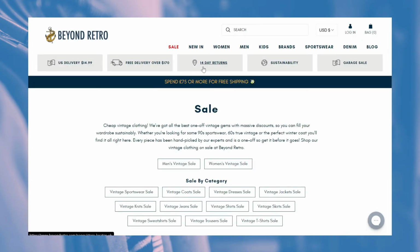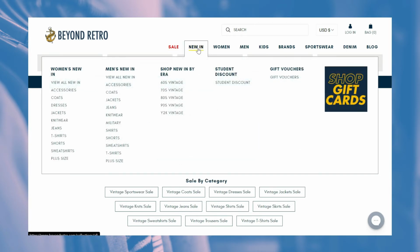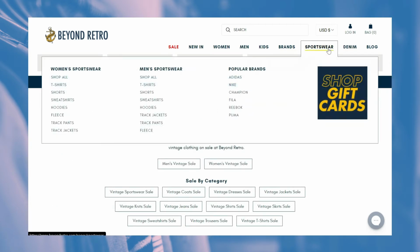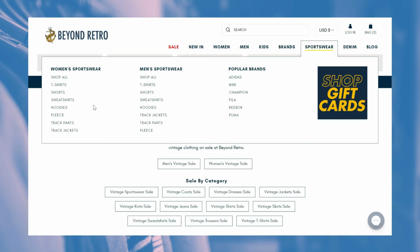This website has a return policy. You can return the clothes within 14 days. If you are buying something more than $117, you will get free delivery. The popular categories are new arrivals, women, men, kids, brands, sportswear, and then denim. And within each category you would find further subcategories. For example, in sportswear you would see that there is a separate section for men and women